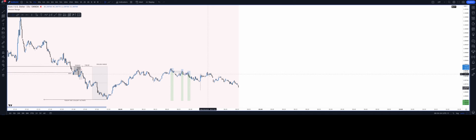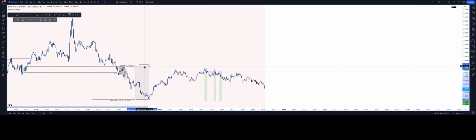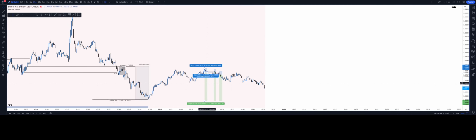But then I quickly remembered, and held myself off a bit. This is a manipulation event. Think of this as a dealing range. Think of which one's stronger. And so I'm basically saying that I think that this high of the dealing range was always going to hold, and this low of the dealing range was always going to get broken. That's my anticipation,